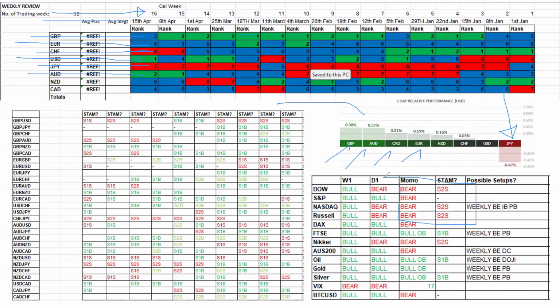in terms of the American indexes, they have shifted to tactical shorts for my particular STAM model. What I'll be interested to see is how the American market opens this afternoon. Do they shrug off the weekend, and do we get a little bit of a bounce from it? Or are we likely to continue with that?